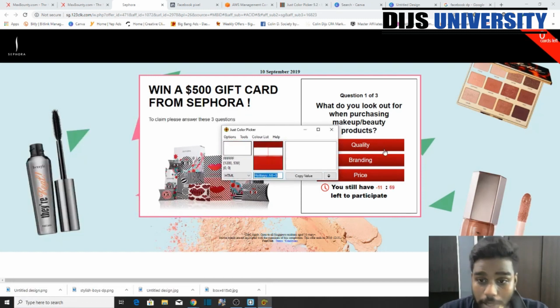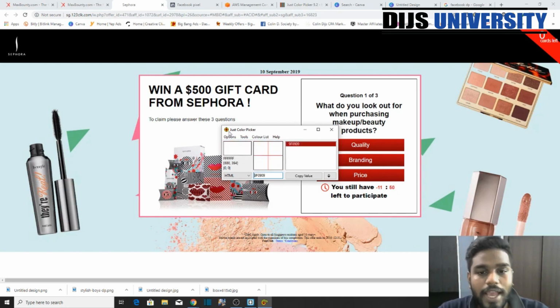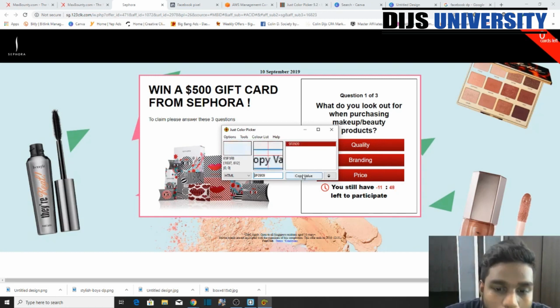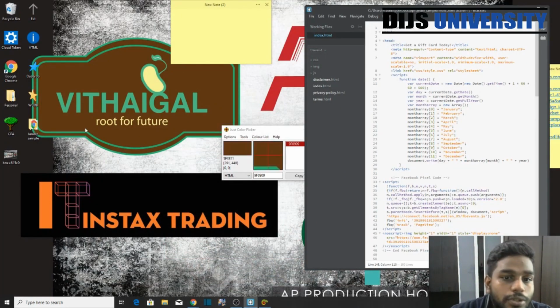It's alternative B. Maybe for you it's different, I don't know. So you go over here. This is how you use the JC picker, and then you press alternative B, and the value is over here already. You just copy this value. Make sure you copy this value, and to change it in your bracket, you've got to scroll down,